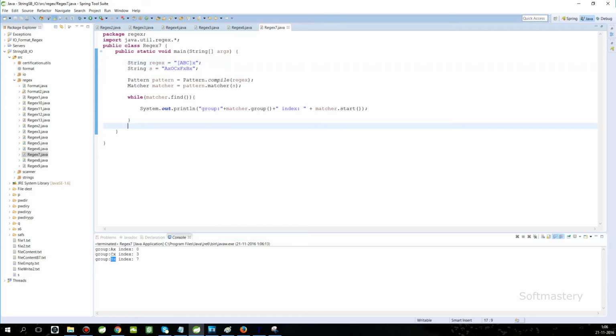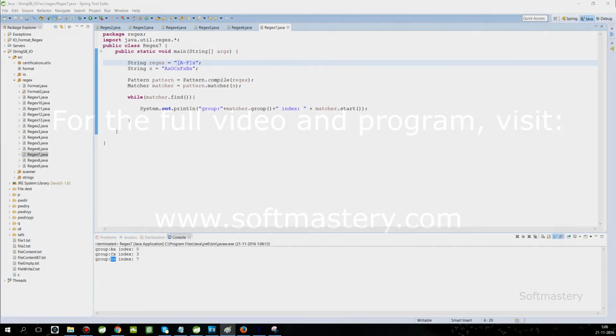There's something we can use between brackets, which is a hyphen. What the hyphen does is search in a range of letters or digits. So we put A-F, which means search characters from A to F,